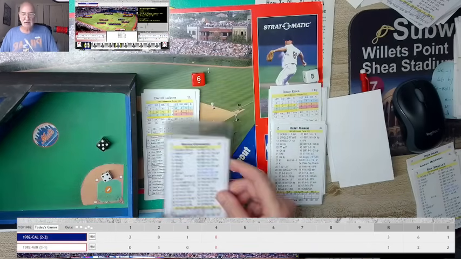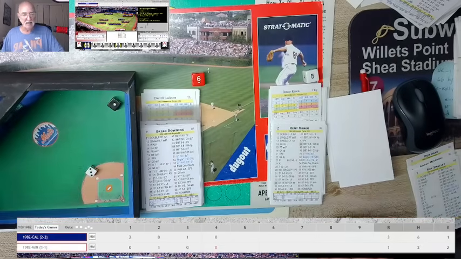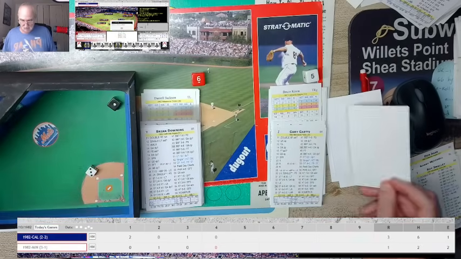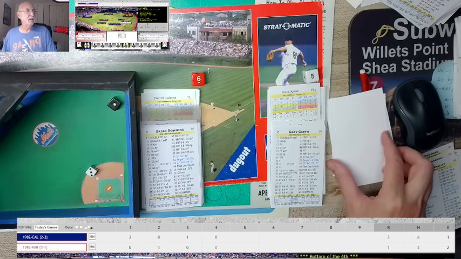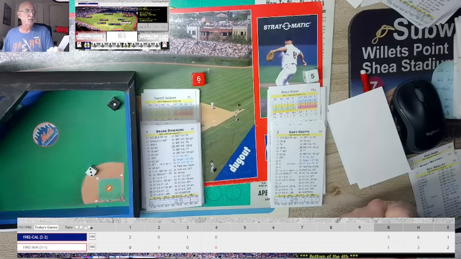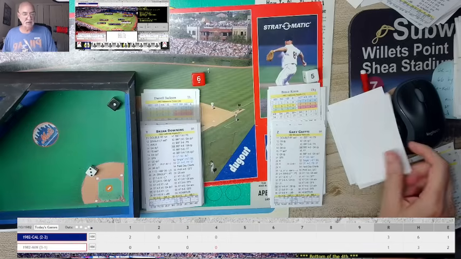Yes. Here's Kent Herbeck leading off the bottom of the 4th. The pitch, a 13, and that is a line base hit to right. So he rips one to right field. Took that fastball that was over the plate and hit a BB into right field. And on a 13, he does not try to steal or anything like that.